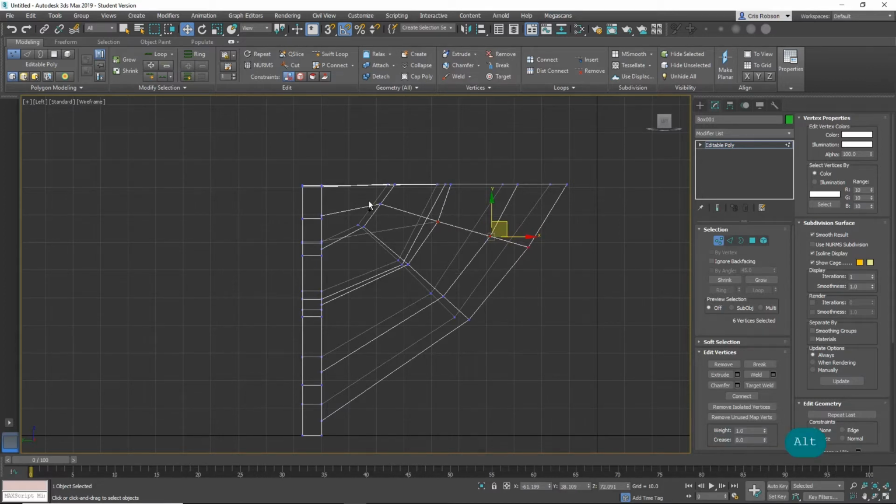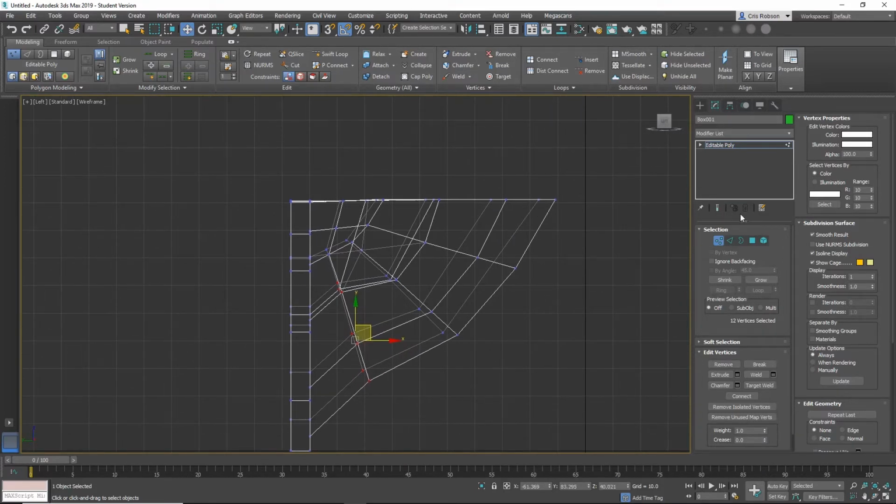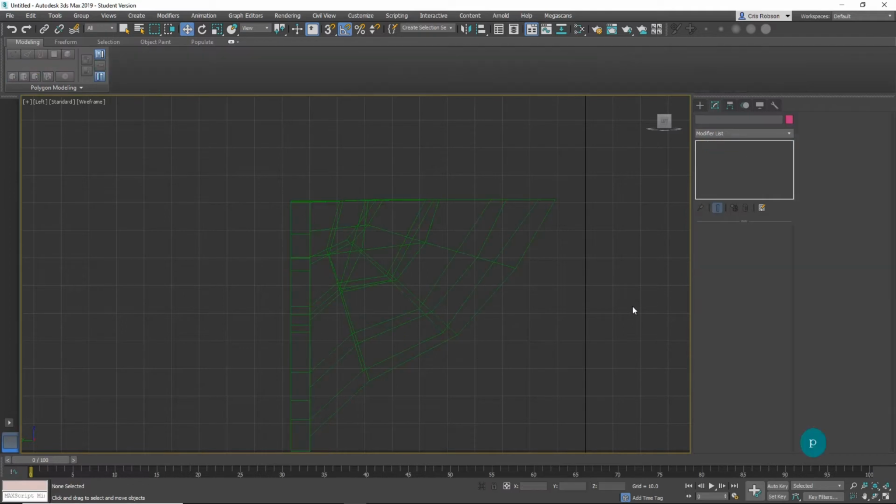There we are. Okay, and then if I swift loop in here, what we can do is just select these, and I can move it like that. And all I'm doing is just adjusting the shape